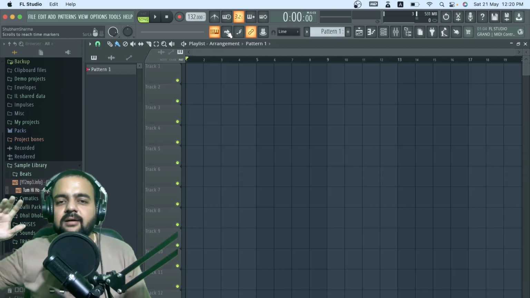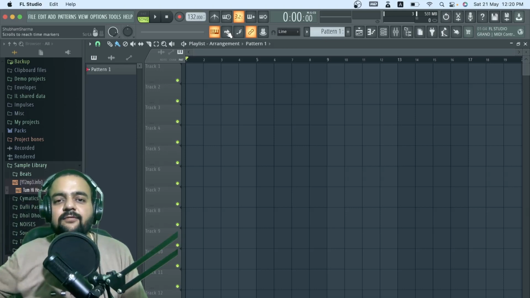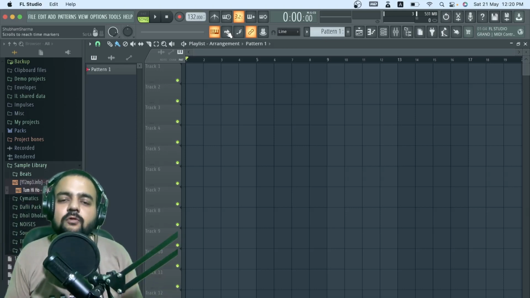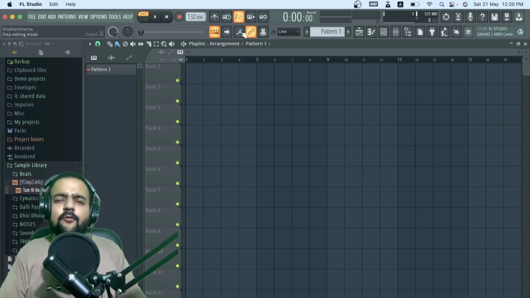So we will add markers in future videos when we start producing music with FL Studio. So we will use markers and all that kind of thing. Markers are extremely useful for arranging songs, so we will use them in later videos. And this is the step editing mode button, so we will see it in future videos, because for beginners all these